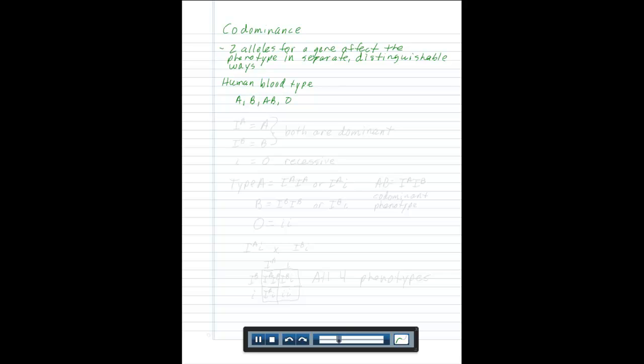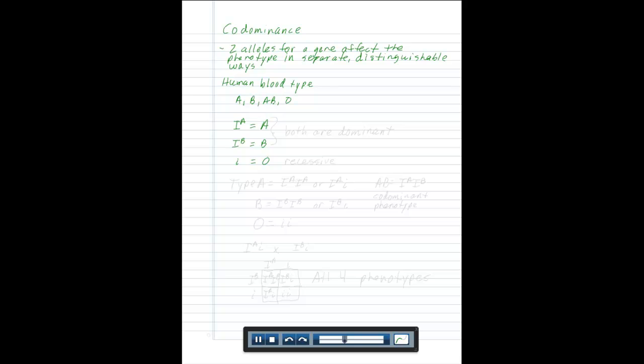We will be using the same symbolism that was used with incomplete dominance, using a capital letter with an exponent letter to identify the allele. So capital IA is type A blood, capital IB is the type B allele, and little i is the O